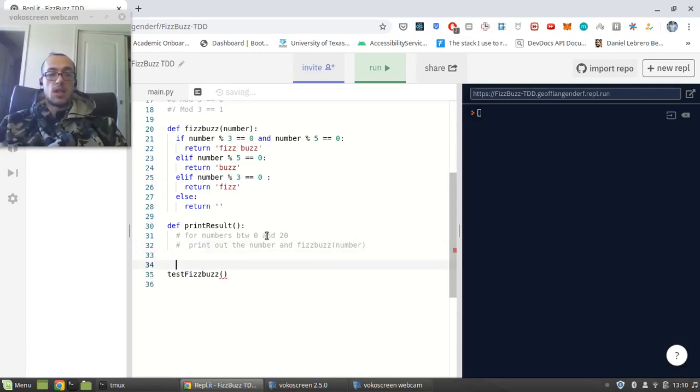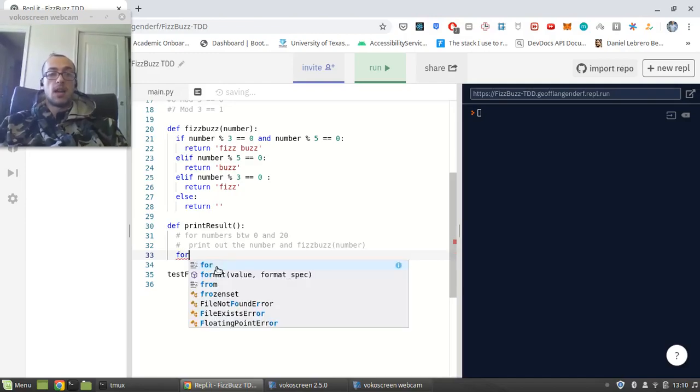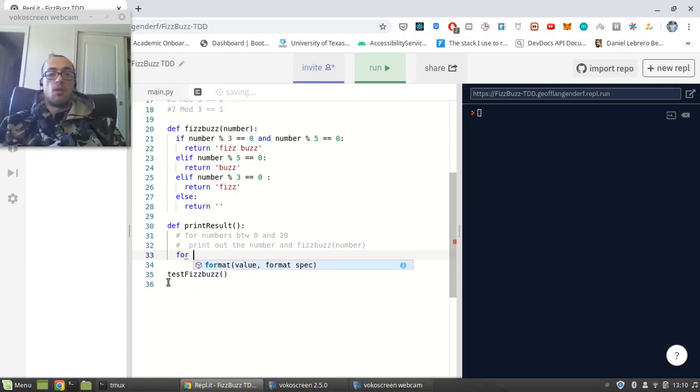So now we're going to take our pseudocode and write this in Python code. We're going to make a for loop in Python, which we do this way, for number, and let's use a different variable just so we don't confuse ourselves with this variable. So for